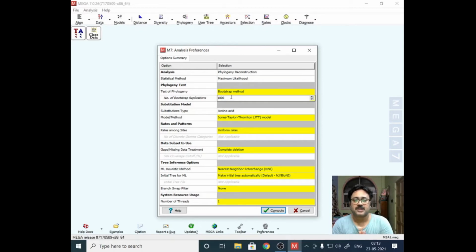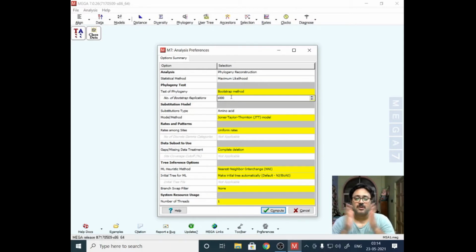What's the purpose of that? We want to see if a tree is being generated from the data that I have given, whether it is going to prepare exactly the same tree even if it does it 1000 times.